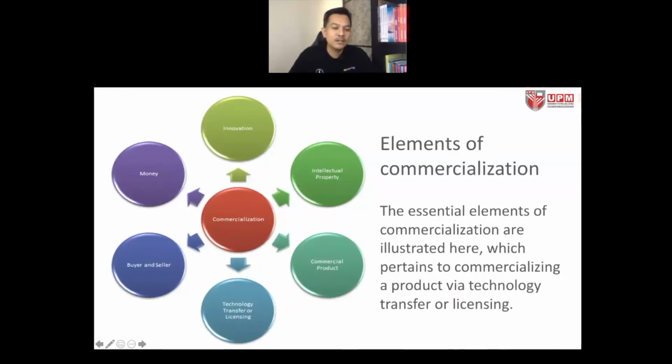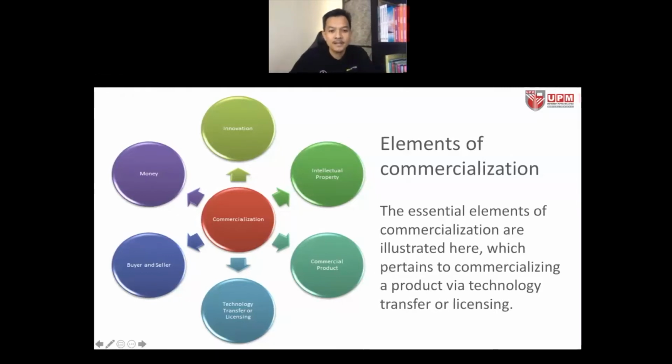Okay, so the first one is the innovation itself, right? The innovative product, that's the first element of commercialization. Without the innovative product, without your invention, something novel, something new, something different in the market, you cannot go through the commercialization. And then of course the intellectual property, whether you are going to patent it, protect the name as a trademark, or have copyright in terms of the programming behind it, or you're going to have an industrial design